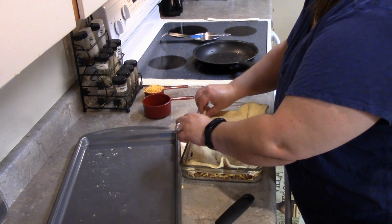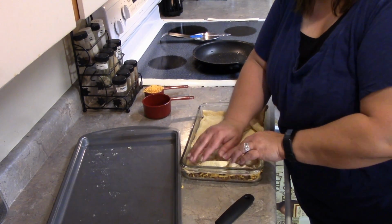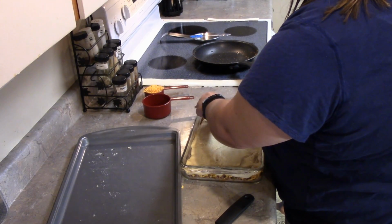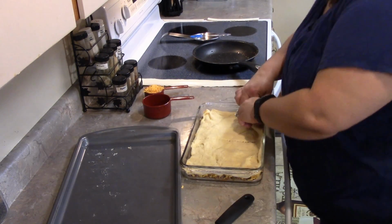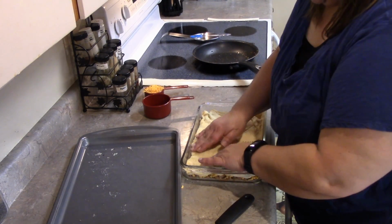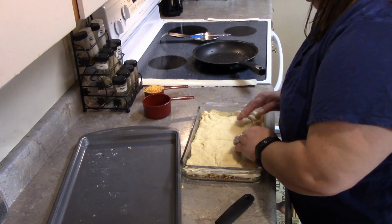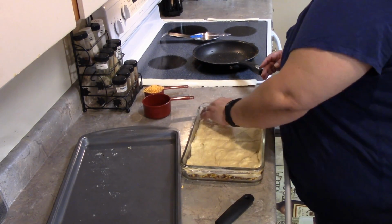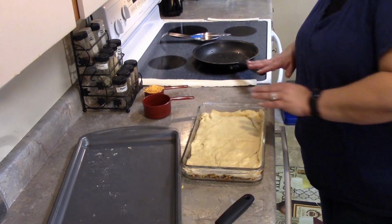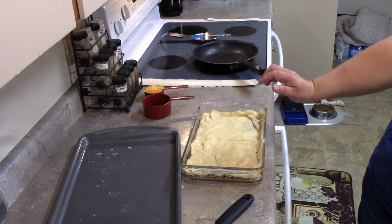There we go. It's like freaking magic. Well, you never know, because sometimes it just doesn't want to play along. Okay. Make sure that you get the whole top part covered. That's it. So you've got your hamburger mixture, you've got your cheese on there, you're placing your dough on there,